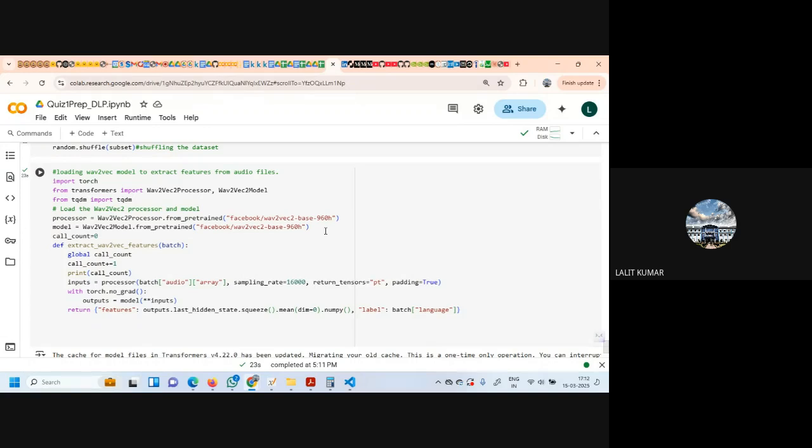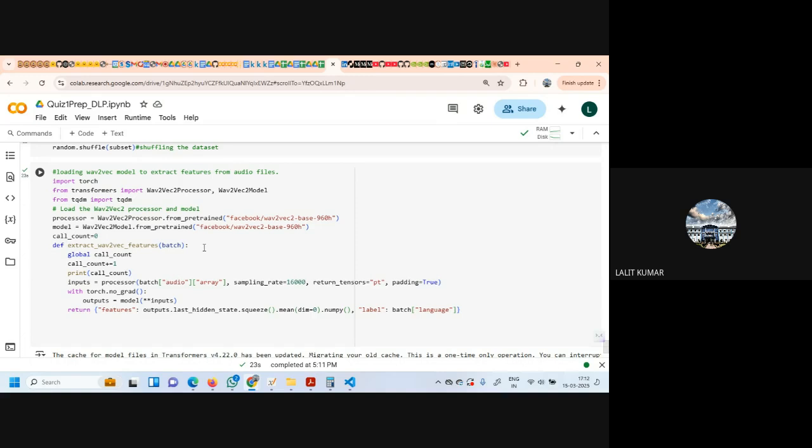We have also defined the model. So when we directly use the processor, always remember the processor will have both the tokenizer and feature extractor. Otherwise, we can use feature extractor and tokenizer separately also. For that, we'll have to import that.